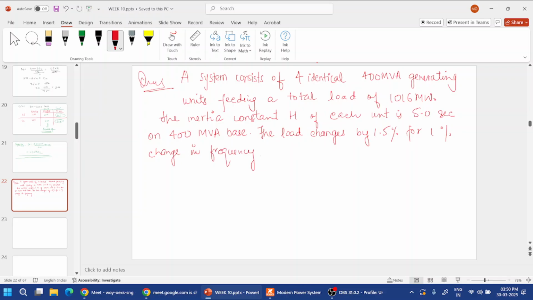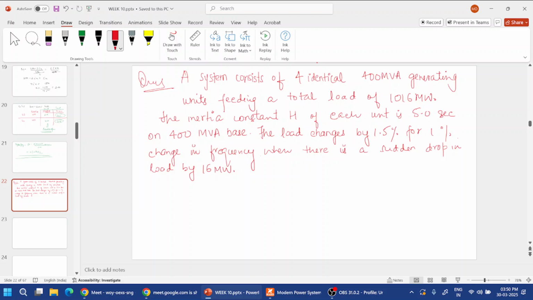When there is a sudden drop in load by 16 megawatt,